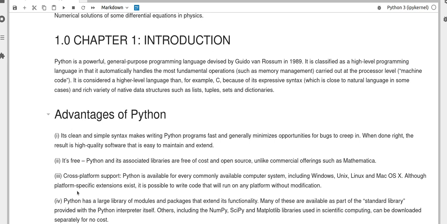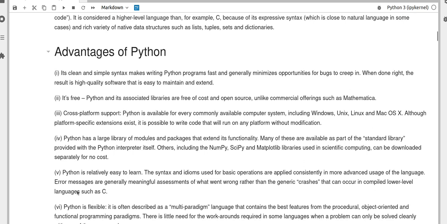One of the advantages of Python is that it has a huge library of modules and packages such as NumPy, SciPy, Matplotlib, scikit-learn, and so on. There are many. For each area that you want to apply Python, there will be some modules that will make life easier for you. If you are a scientist, you need NumPy, SciPy, Matplotlib. NumPy is for dealing with numerical data, large arrays, large data. The SciPy has lots of functions,